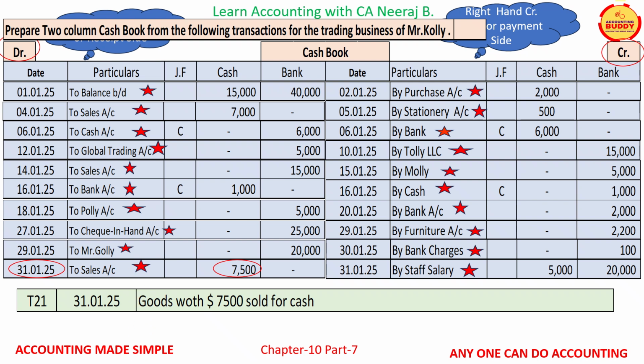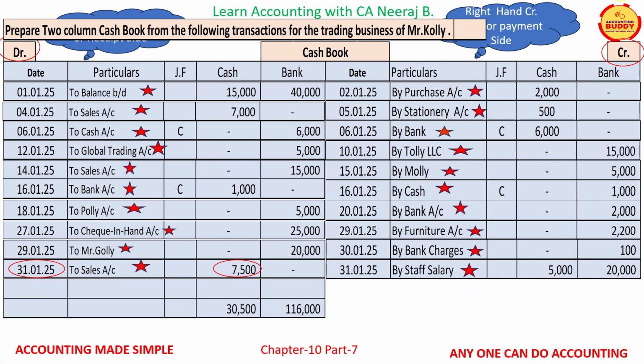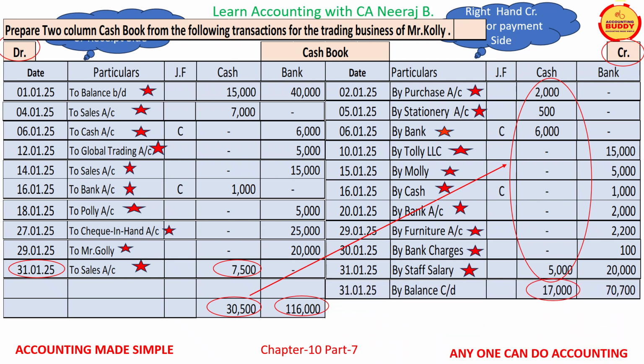Let us now do balancing of the cash book. First, let us do the totaling of the left hand debit side columns of cash and bank. The total of the cash column is $30,500 and the total of the bank column is $116,000. Now if we deduct all the cash column transactions on the right hand credit side of the cash book from the total of cash column on the left hand debit side, we are left with a balance of $17,000 in